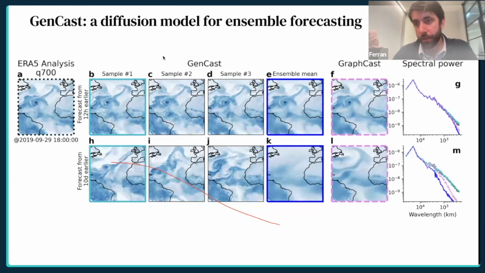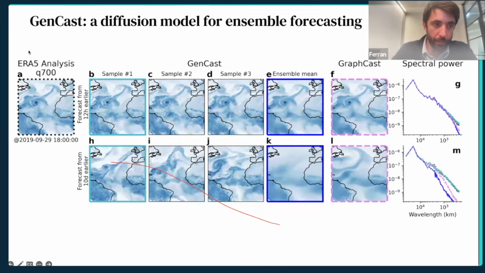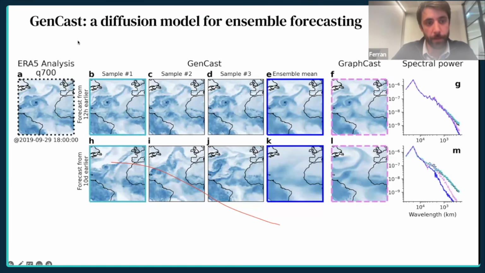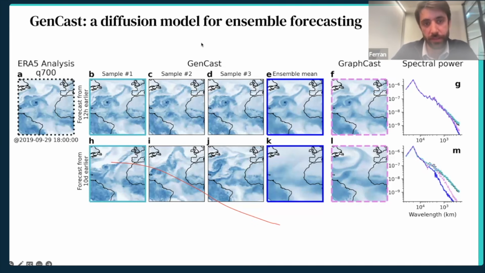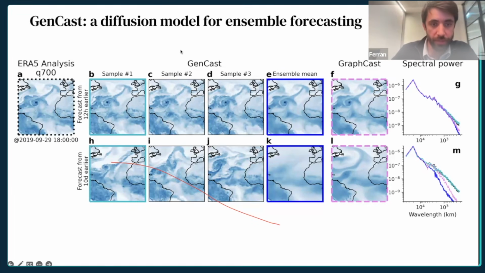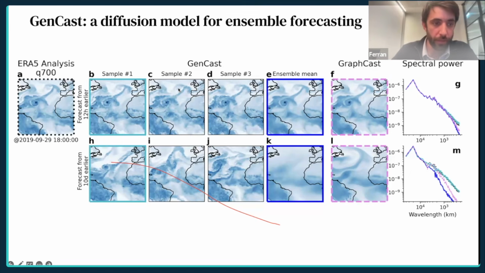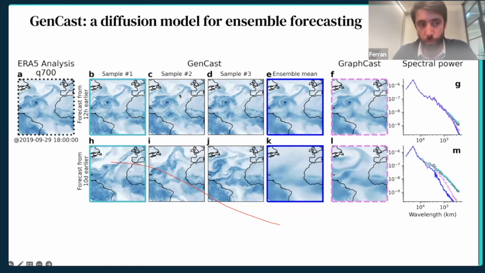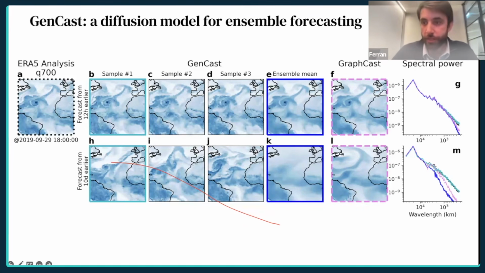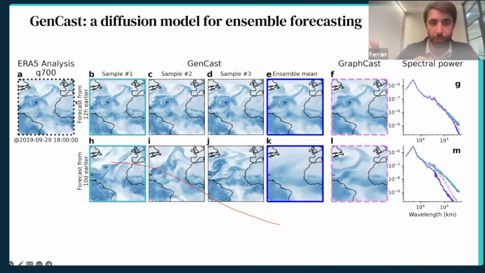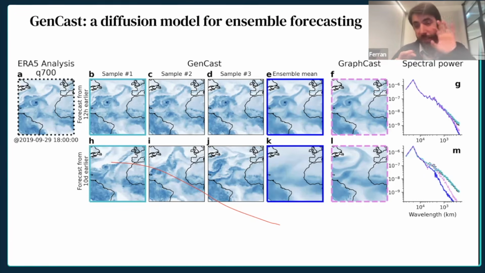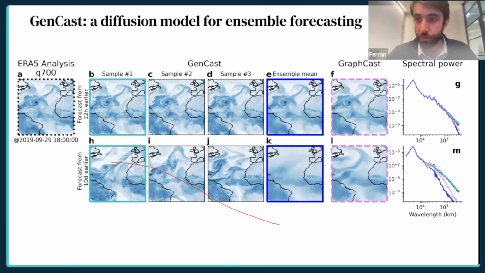Now we can see here the power of probabilistic predictions. On the left, you have the ground truth. You can see there is a bit of a cyclone here in deep blue. And if we look at GraphCast on the right, you can see that at 6 hours, in pink, and at 12 hours, we still predict the cyclone. But if we look at forecast 10 days in advance, really the predictions are super smooth. It doesn't look like real weather at all. In contrast, if we look at the samples from GenCast, our generative model, you can see that each sample prediction really does look like real weather. Once you average them, of course, it's very smooth, but each individual sample really captures the probability distribution.